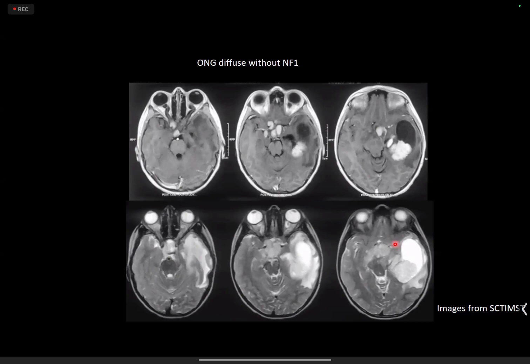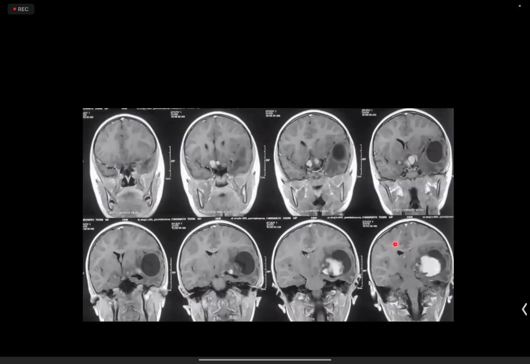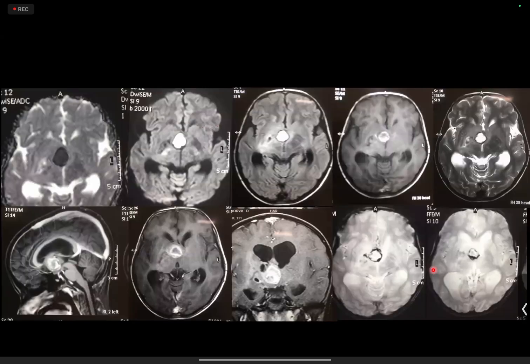And there's involvement of the right orbital apex as well, causing papilledema on that side with flattening of the posterior sclera. So I would suspect a chiasmatic glioma. That's right. So this was the diagnosis. And so here is this patient that shows follow-up over time about how the lesion progressed, and especially the solid component of the lesion progressed over time. Okay, next patient.